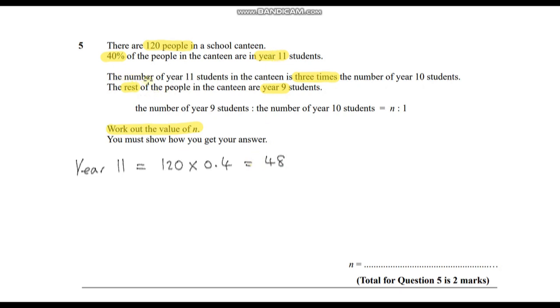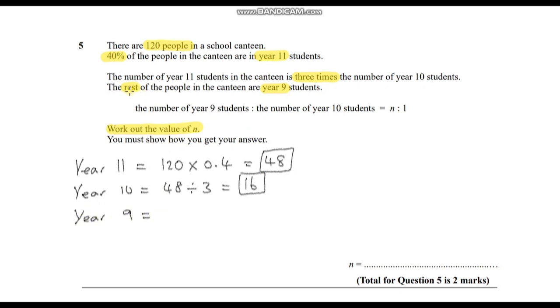And now we're told that the number of Year 11 students in the canteen is 3 times the number of Year 10 students. So to work out the number of Year 10 students, well, it's just going to be 48 divided by 3, because there's 3 times fewer Year 10 students. So it's going to be 48 divided by 3, and that gives us 16. So there are 16 Year 10 students, 48 Year 11 students, and now the Year 9 students,